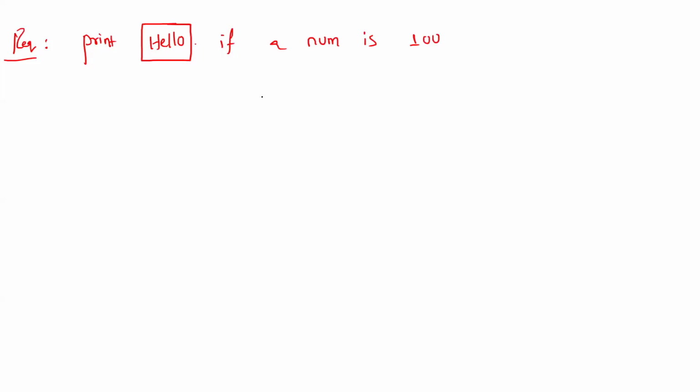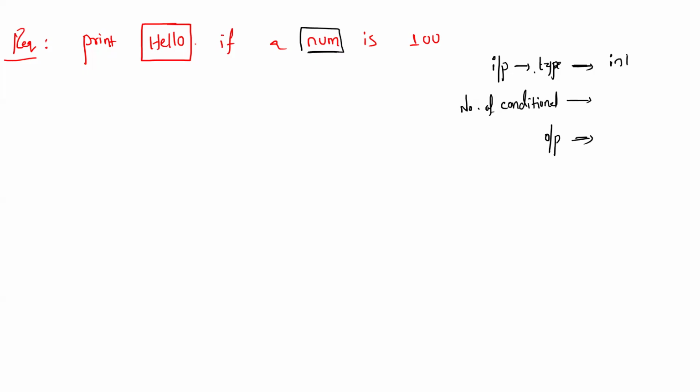Before we go for writing any condition statements, what is the input of this program and what's the type of it? And how many condition blocks are required for such type of requirements? Then next, what is the required output? I recommend you to follow this. I might not write it every time, but that should be your thinking process. So first, what is the input? We have to read a number. That means my input type has to be int type.